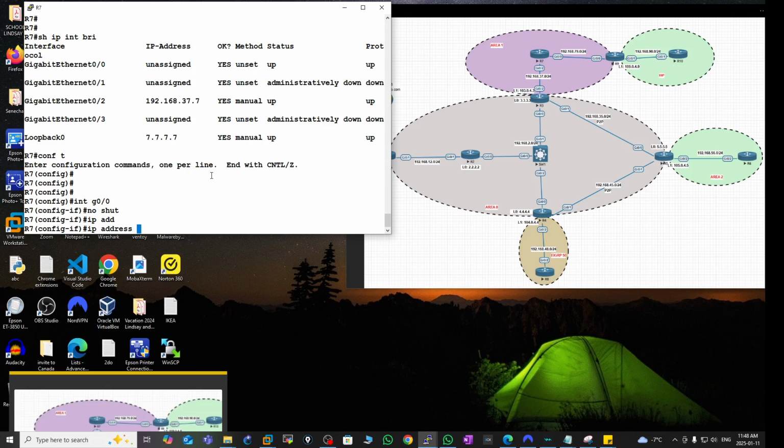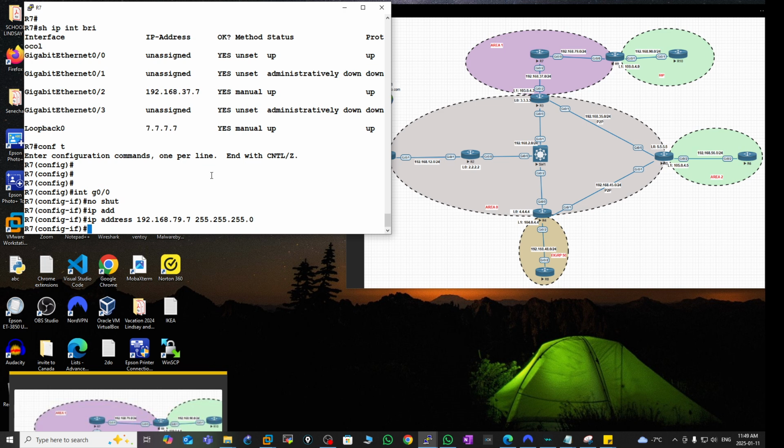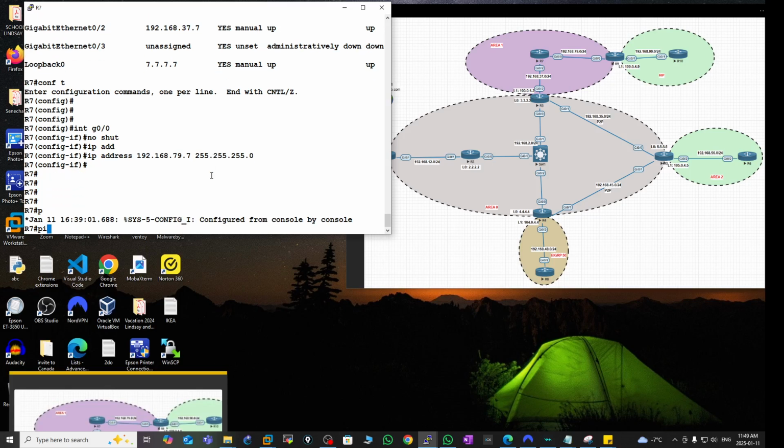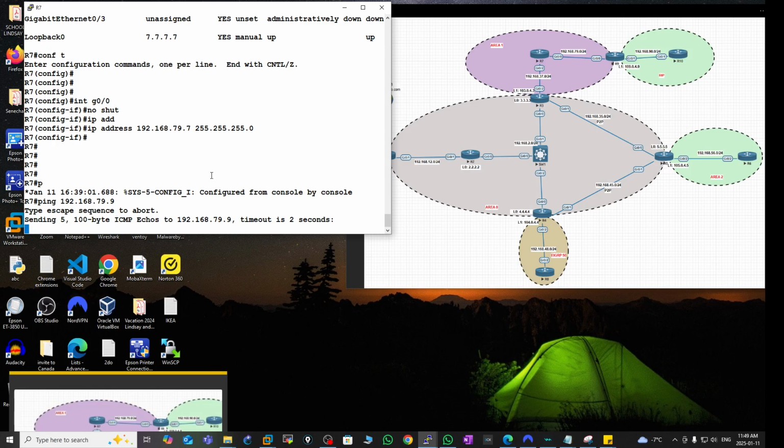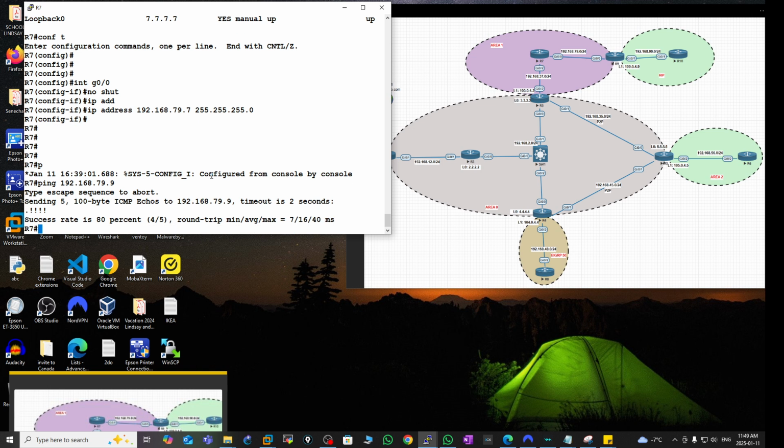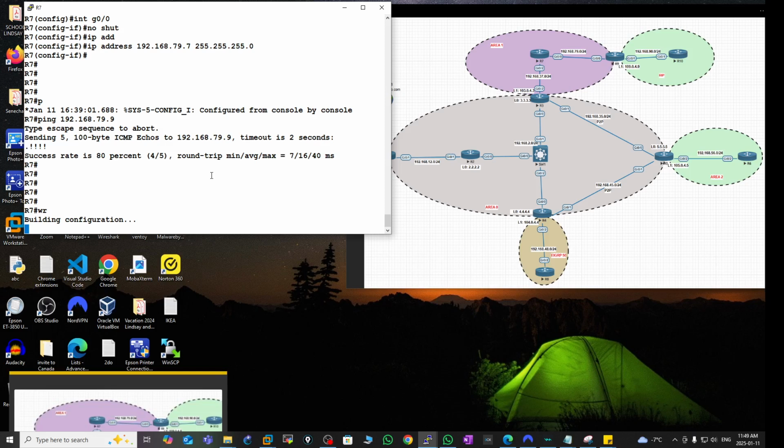The IP address is going to be 192.168.79.7 0, and then we try to ping it. We're going to try to ping the 9, 192.168.79.9. Okay, got the 9. If it's pinging, then we can save the configuration. Then in the same way, let's now